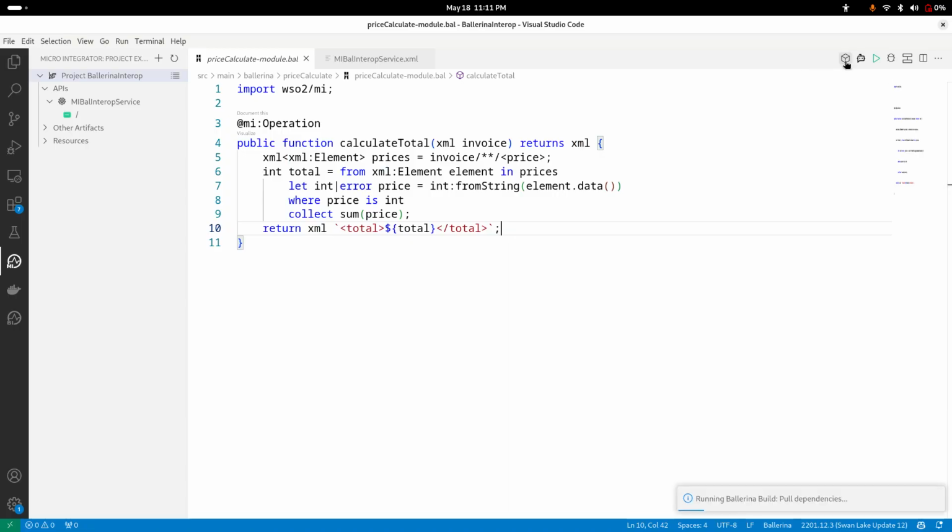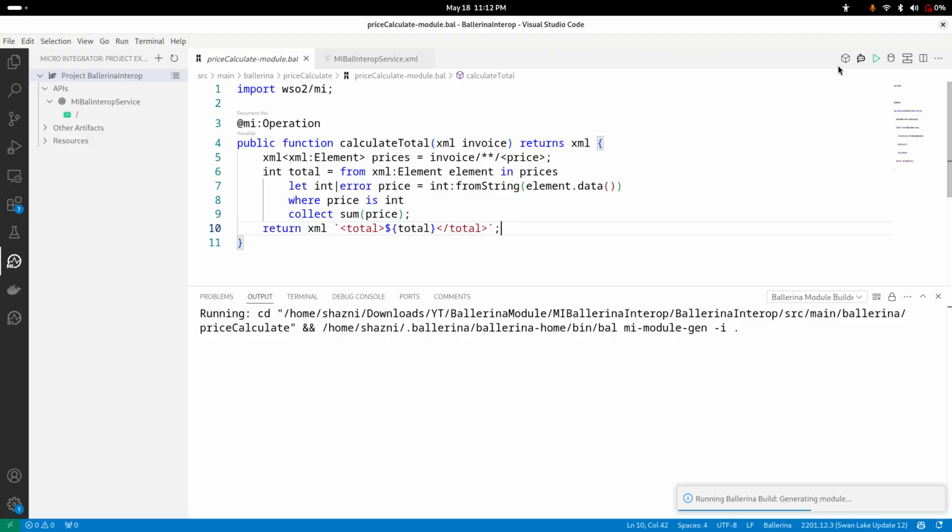When you do this, it will download Ballerina if you don't have it already, or if you don't have Ballerina Integrator installed, it will also download that and do the necessary housekeeping related work for this. So now see, it says Ballerina module built successfully. So now let's go back to our